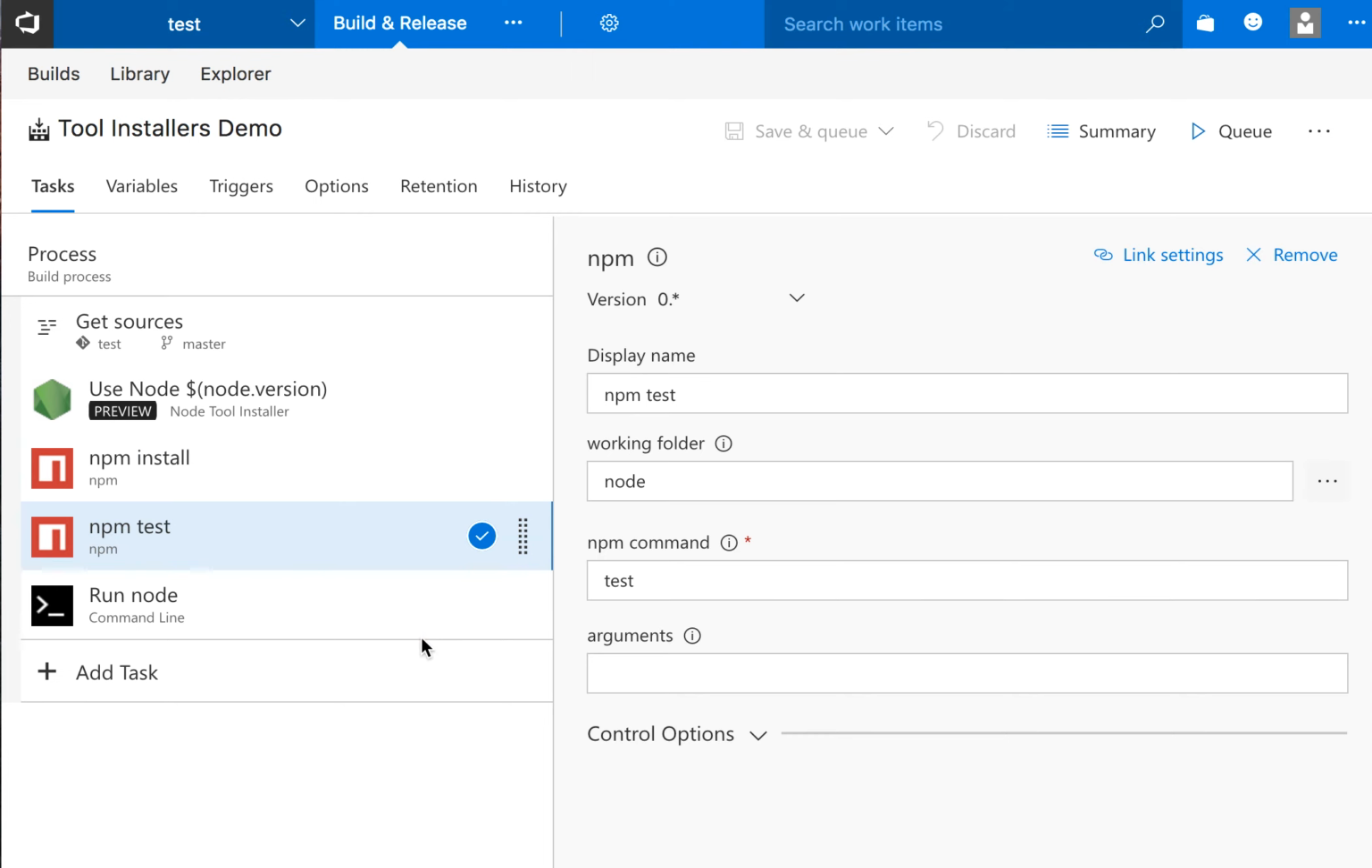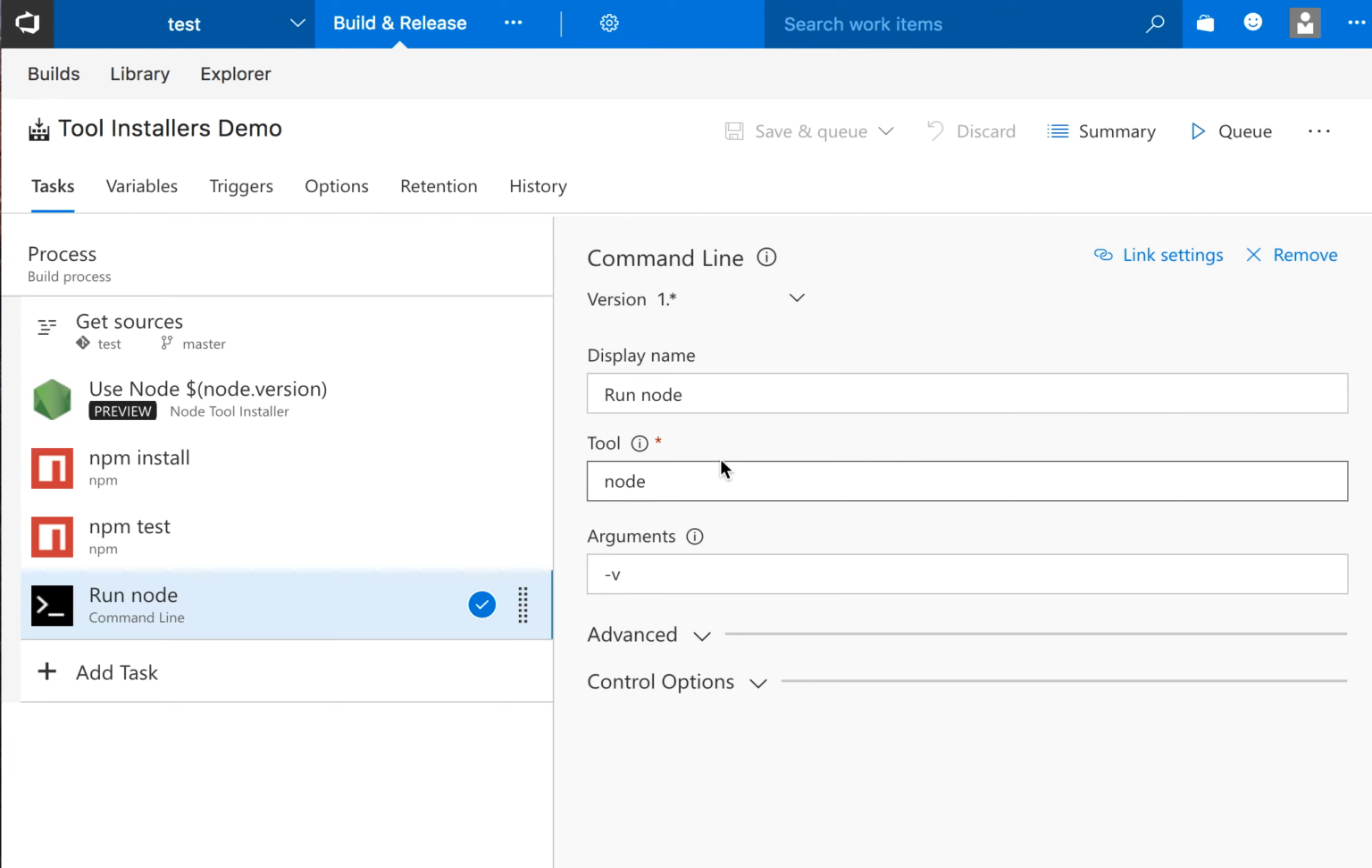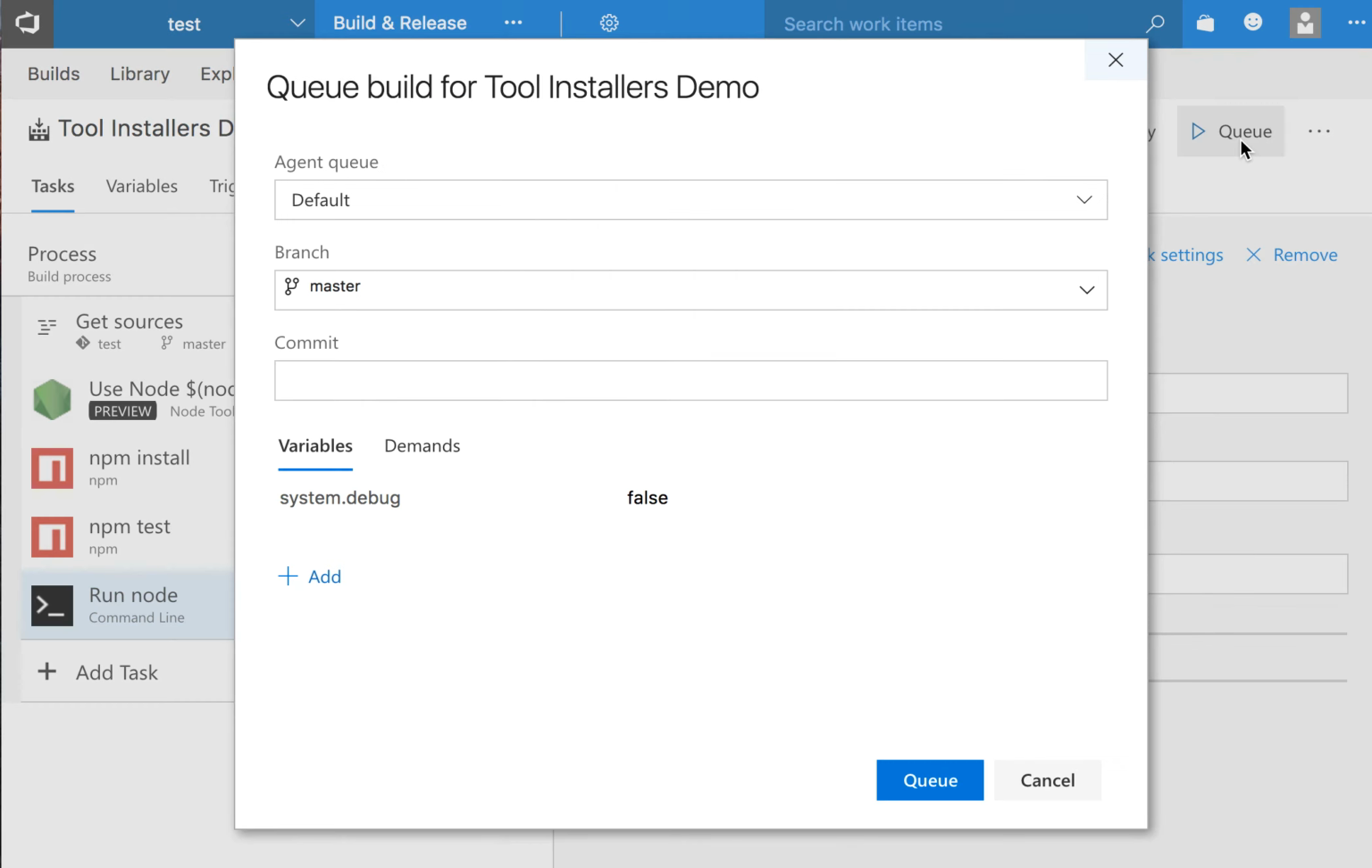So all I'm doing here is running node.version, doing npm install, and running npm test, and the one I'm testing is the VSTS task lib repo, which has like 267 tests. And at the end of it, I'm just going to run command line. I'm going to say run node -v and print out what version, just to prove which version I'm running. So that's about it. So if I queue this build,